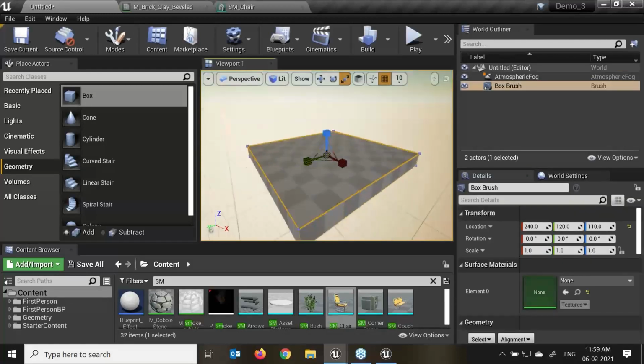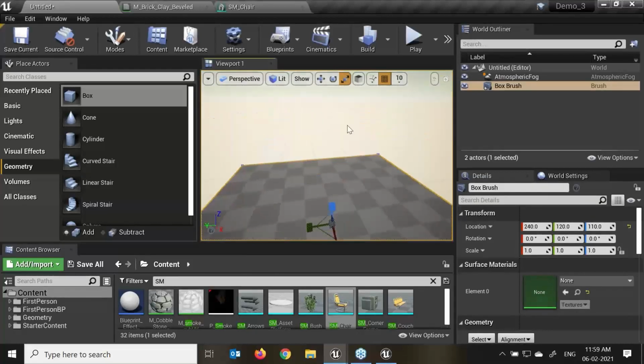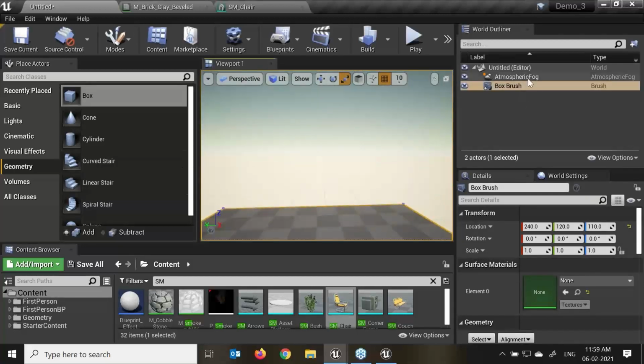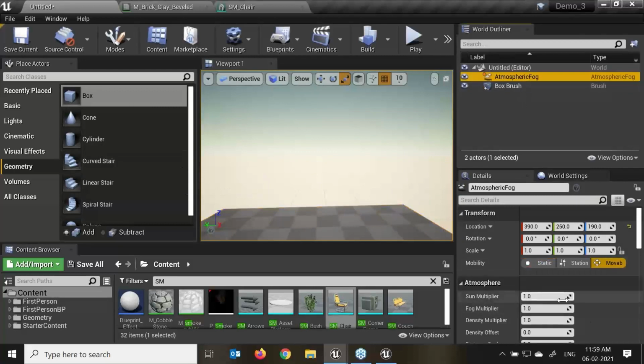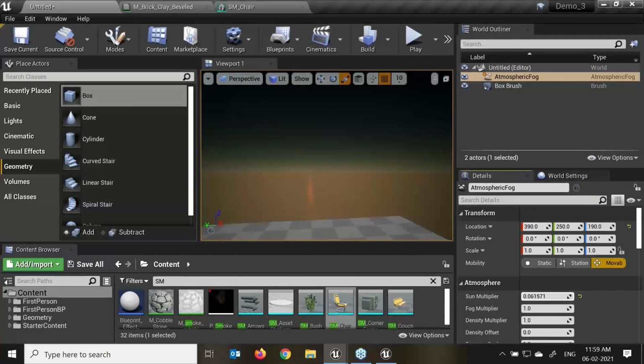Press select and I've selected this over here. For example, this is my angle. Now here we can see in atmospheric fog, we have the sun multiplier property. See, it is automatically movable, which will take higher RAM for the preview. Sun multiplier we have, if I select and move over here, here we can see the intensity of the sun.